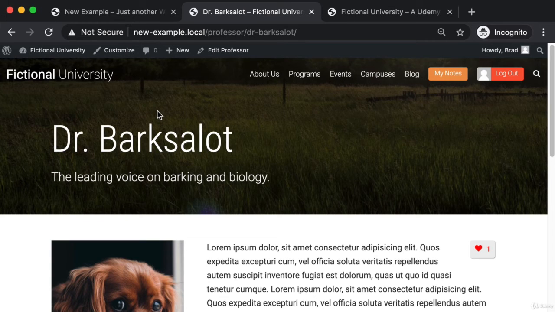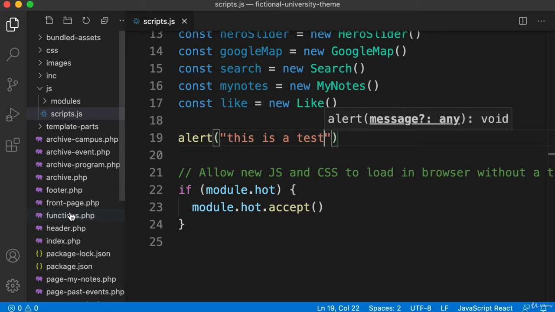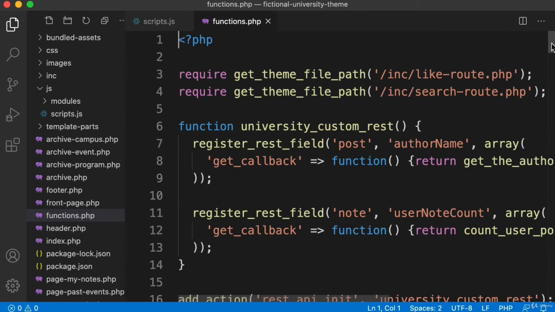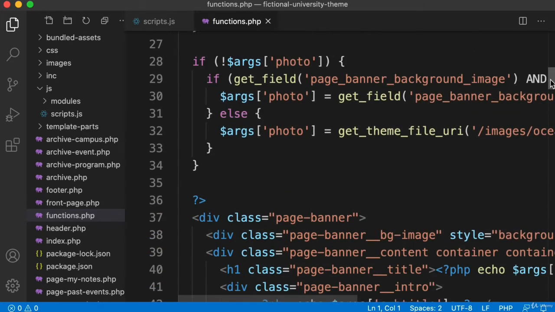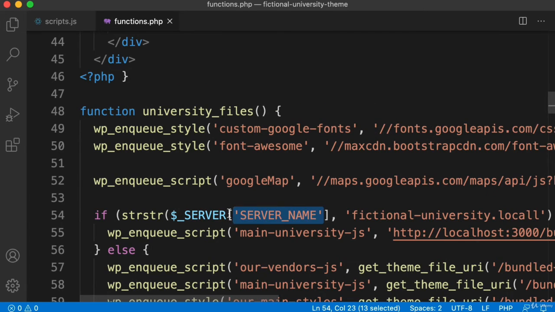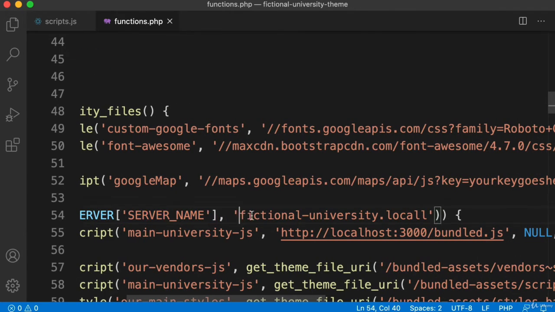So the question becomes, well, how does our setup decide whether we're running locally or it's the live copy of our site? Well, to answer that, in our theme folder, just dig into functions.php. Okay, within this file, we're looking for a function named university files. So for me, it's around line number 48. And actually, to be more specific, around line number 54 is where we see this if statement. So it's saying if the domain where we're currently running this project,